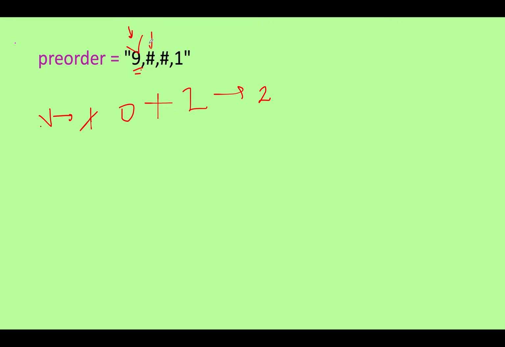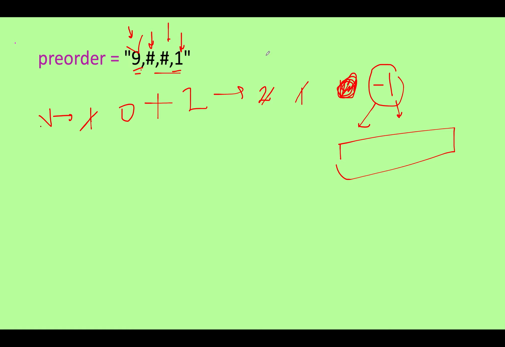So next we have a hash. We'll reduce the vacancy by 1. Next we have another hash, we'll reduce the vacancy by 1 and it gets updated to 0. Next we have another 1 in the string. Since we are visiting 1 now, the vacancy gets reduced by 1 and it reaches -1. You will check if the value is lower than 0. That means you can't fit a tree in the string and you need to return false.